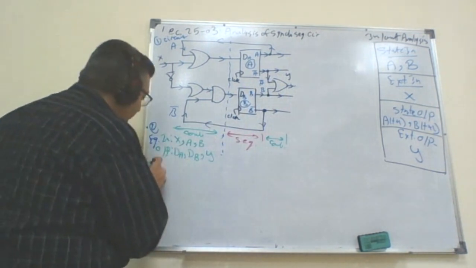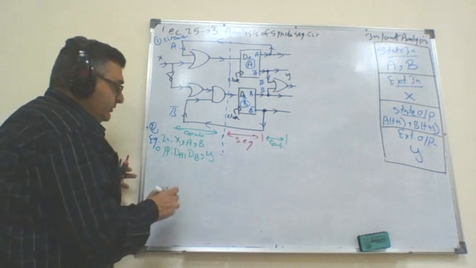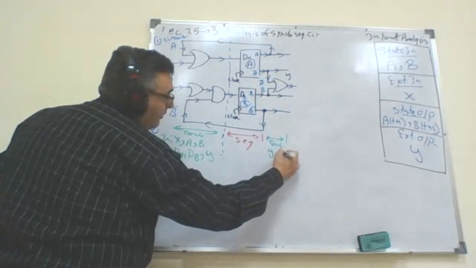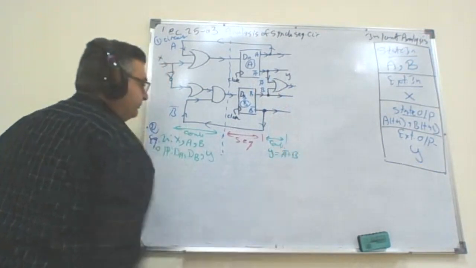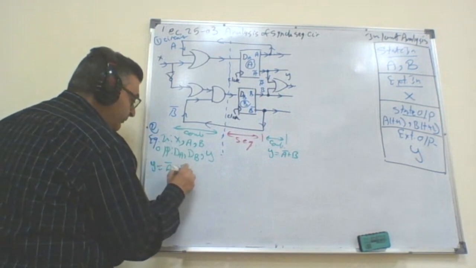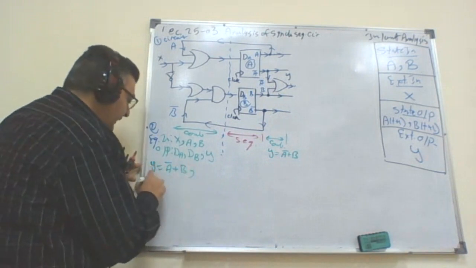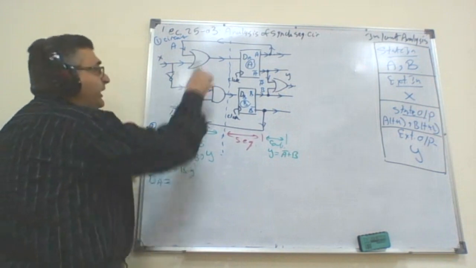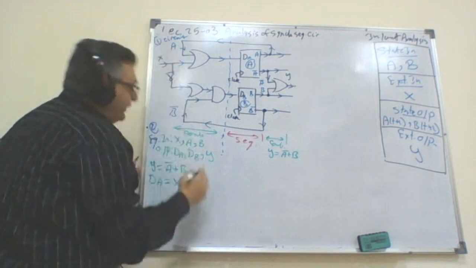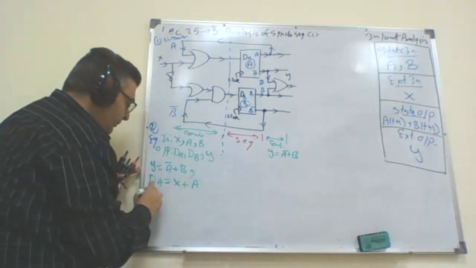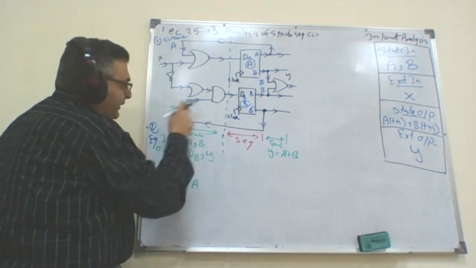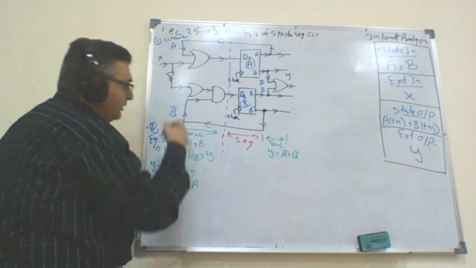Can I derive equations for the outputs in terms of inputs? Yes. So the first equation here is Y equals A bar or B. Fine. DA, can I get an equation for DA? DA is an OR between X and A. DB equals an AND between B bar